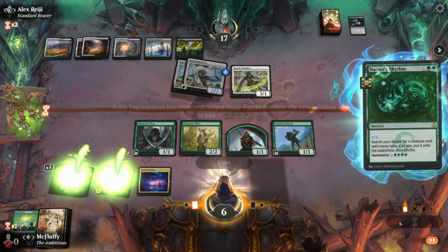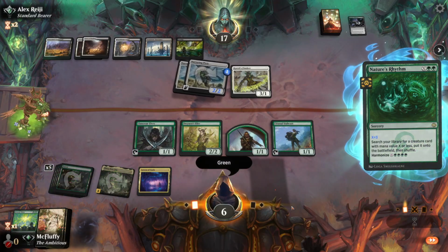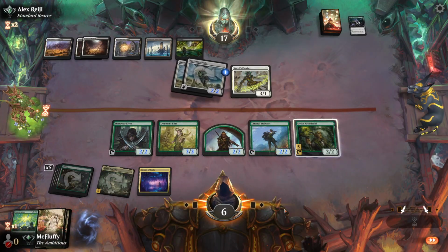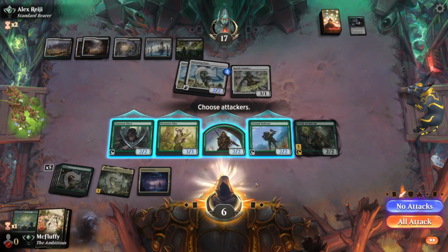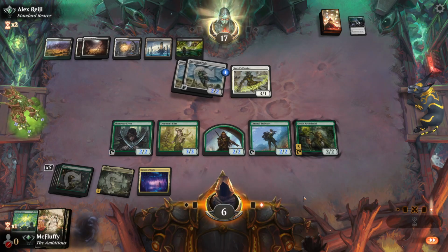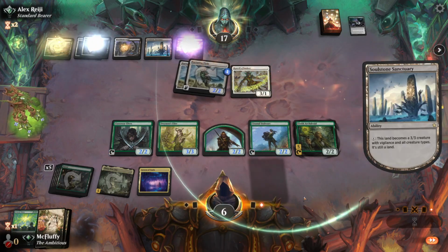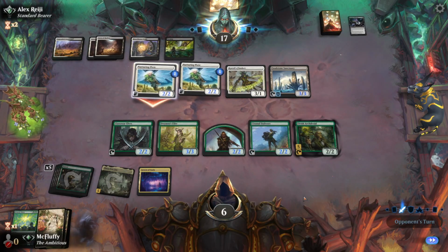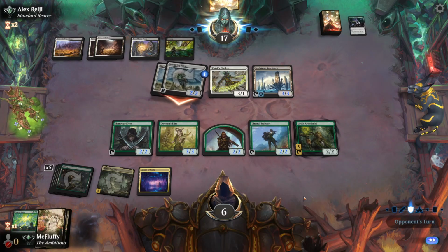Decline, we will not tap down anything. We're just gonna go for Elvish Archdruid. Should pump up our elves nicely. And I'm just gonna hold back for a turn. We got a top deck well. I don't think we could have afforded to attack in just in case the opponent...